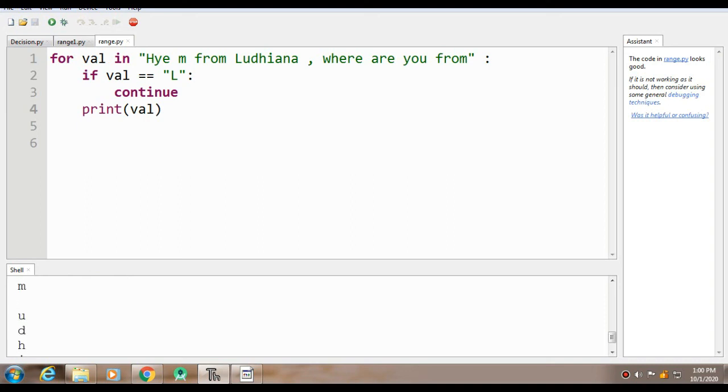Okay, so it skips L and everything else is printed. So these are the basic continue and break statements.